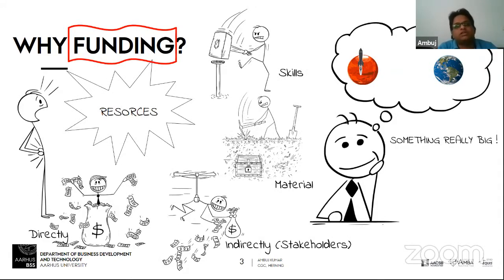By stakeholders, I mean the organizations, people or sectors which benefit from your idea. Let's say if you have this idea of sending a rocket to Mars, then you are benefiting ISRO and NASA. So they might be your stakeholders in this project.